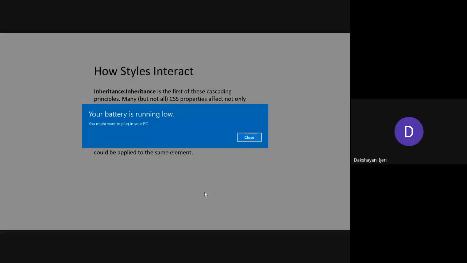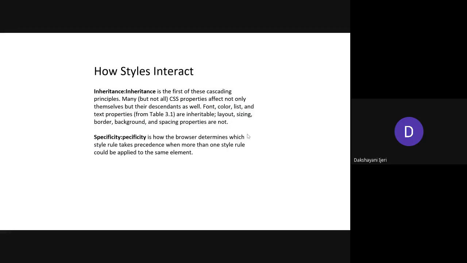And there is no such restriction that you have to use only one level of style application. You can use all three levels at a time.